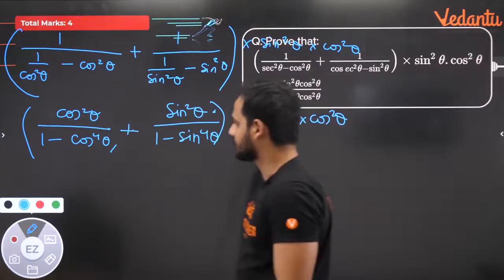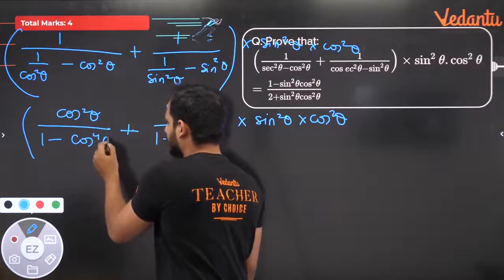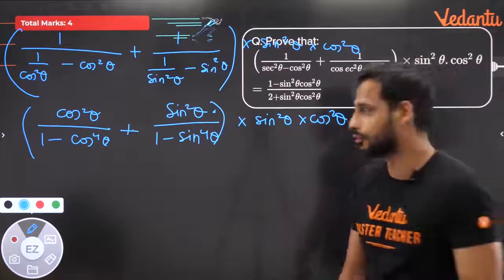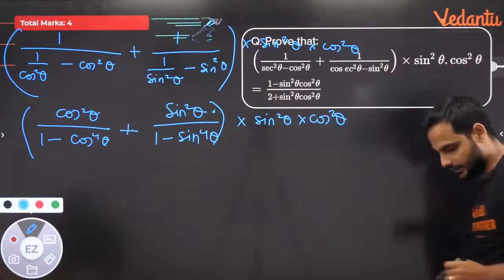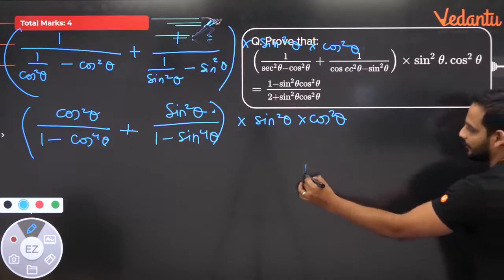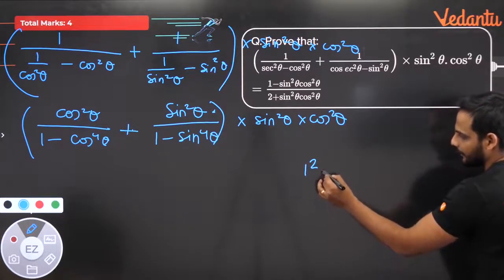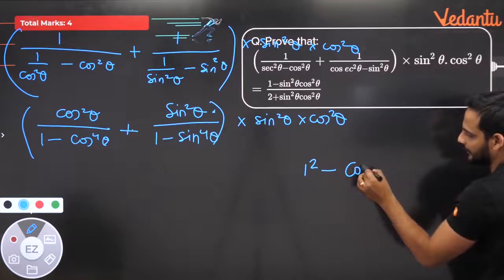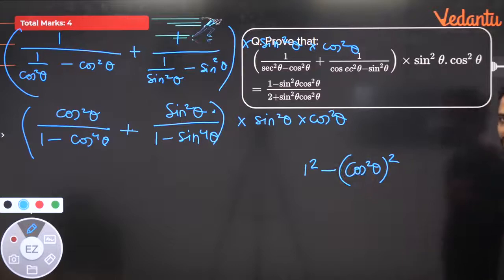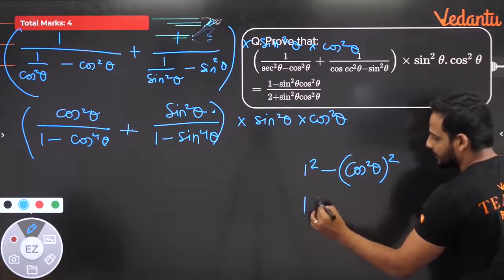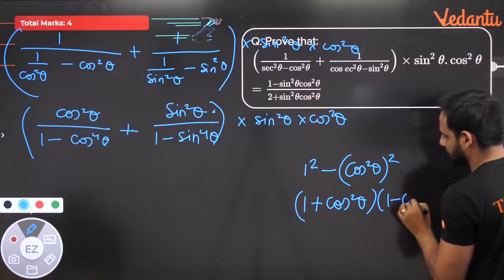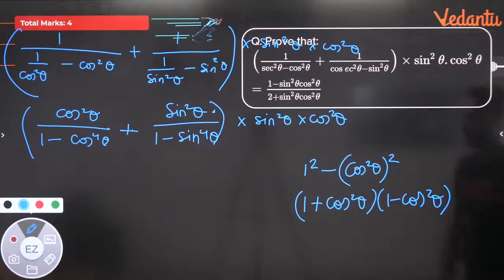अब देखो यहाँ पे वापस ध्यान से, what you are getting here, देखो what is this: 1 minus cos raised to the power 4 theta. So look here carefully, 1 minus cos raised to the power 4 theta, I can simplify. How I can simplify? 1 I can write as 1 square, minus cos raised to the power 4 theta I can write as cos square theta's whole square. तो देखो it is a square minus b square, which means it will become 1 plus cos square theta into 1 minus cos square theta. Okay, this is how I have simplified it.